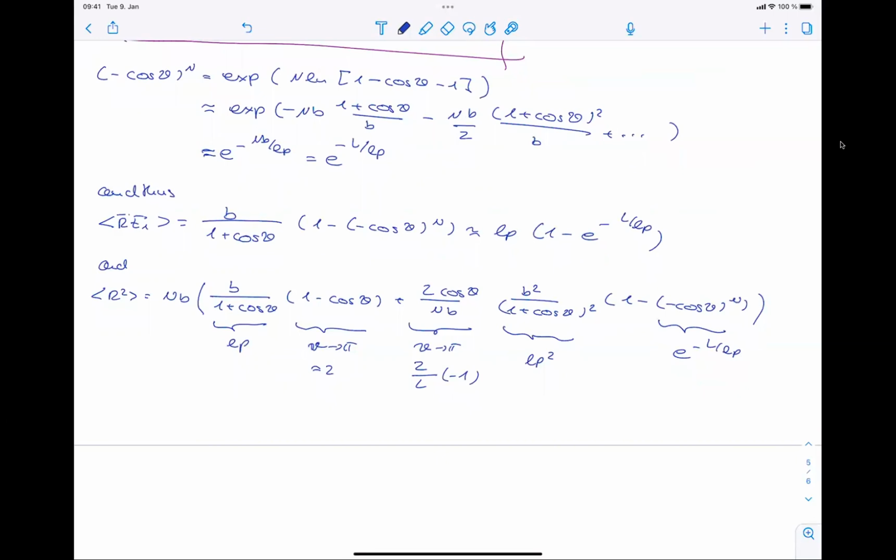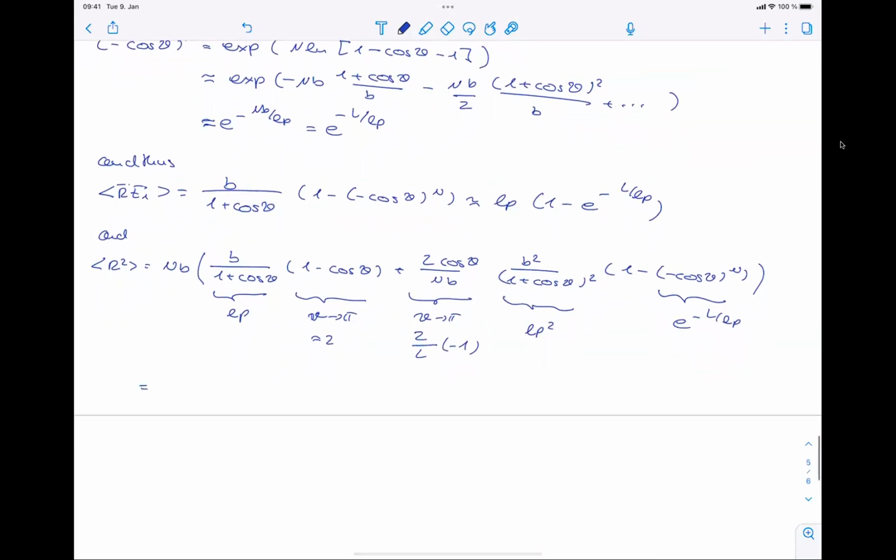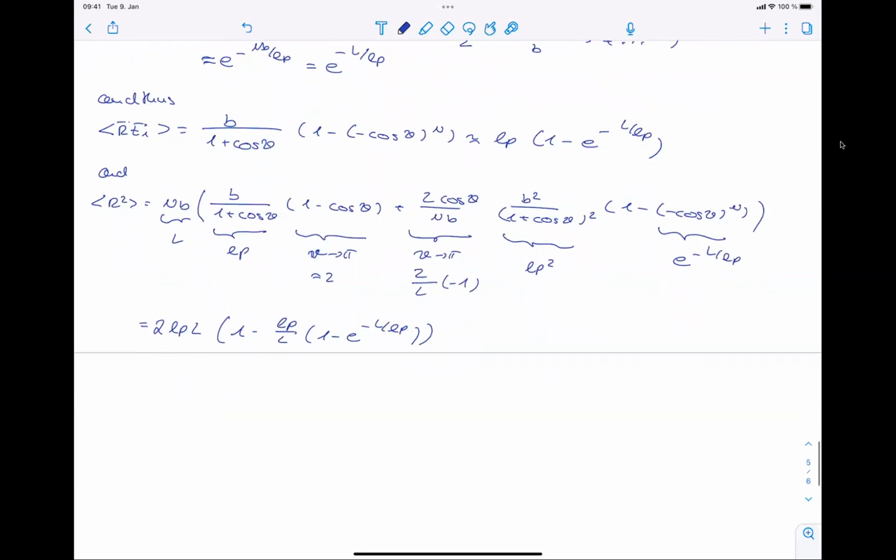And then just lumping everything together, we find, and this is L, obviously, L again. So only Ls and LPs keep popping up, which is really nice. And we find this closed expression for the end-to-end distance vectors,